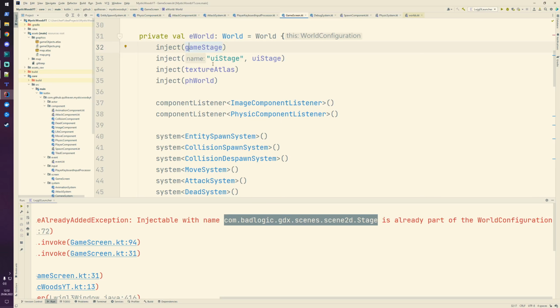We could also, this is what I did on GitHub, I also gave that one a name, and then always explicitly defined what kind of stage I want to use in a specific system. But that is not necessary, and for us in that case now it's easier that we just give the user interface stage a specific name. That should be sufficient. Good, then the next thing, now that we have this user interface stage, we also need